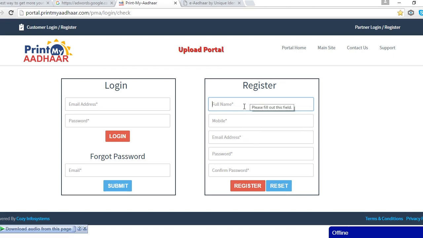First of all, you have to register here by entering your full name along with your mobile number, email address, and you have to create a password to enter this site. I have already created a login, and I already applied for a plastic Aadhaar card over here. So I'm directly uploading my details.